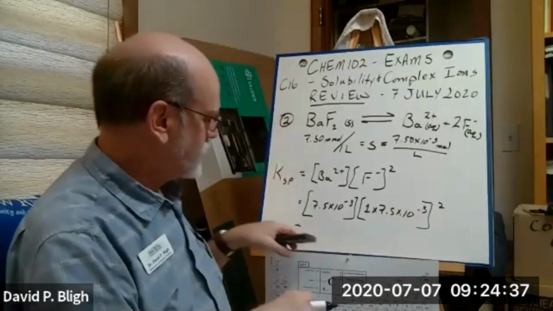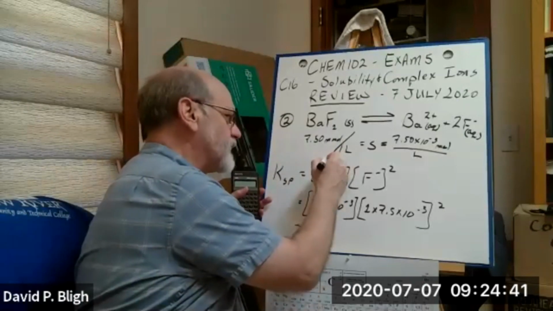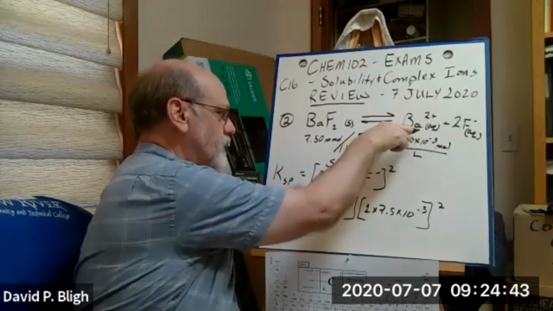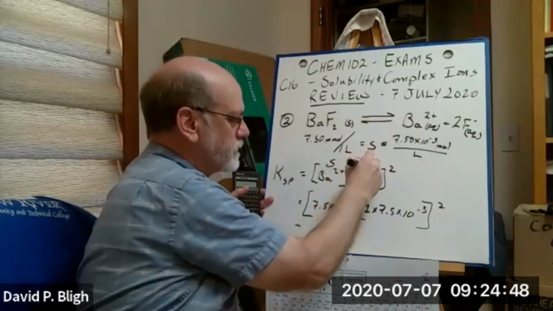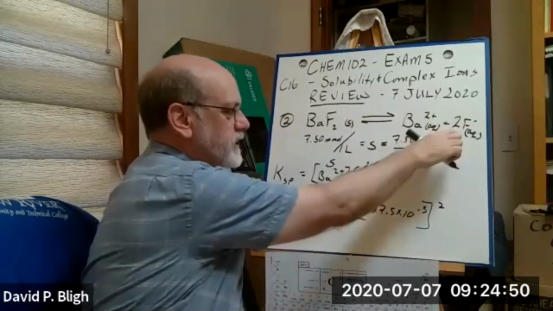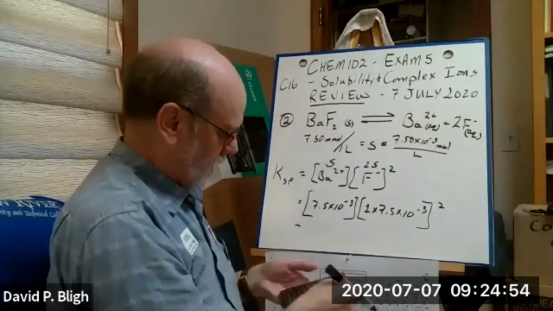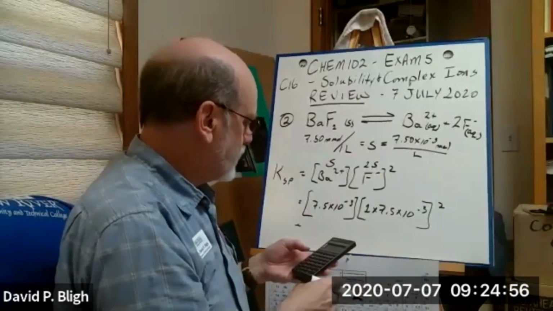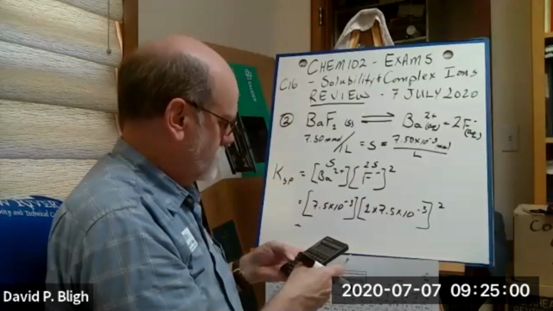Okay, we're on problem number 2. So I'm just resolving this, because this is equal to S here, ratio of 1 to 1, and this is 2S, because you get 2 for every one of these lost. So I need 2 times this one, which